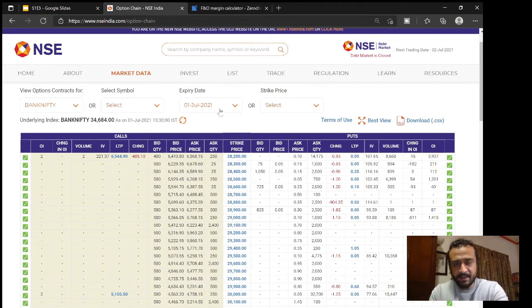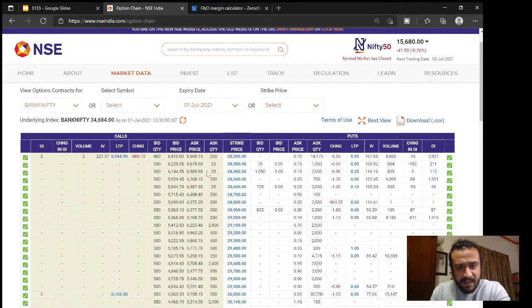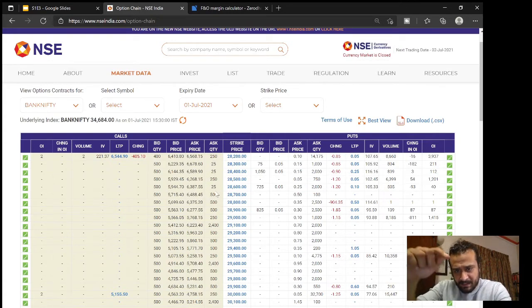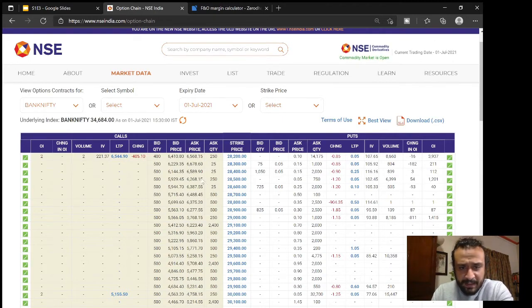That is today, the date I'm recording this on. If you click on this, different expiries are available which you can choose from, and for each expiry there is a different option chain. So I can choose July month end. As you can see, for Bank Nifty, every week there is an expiry available. And in the case of Indian options on the NSE, Thursday is the expiry date for the weekly option as well as the monthly option.